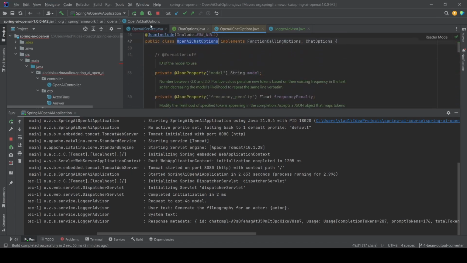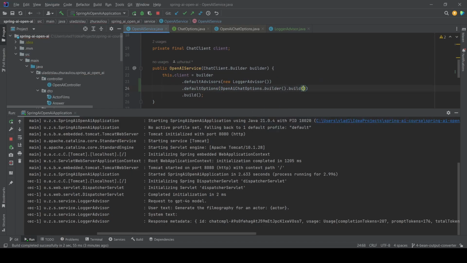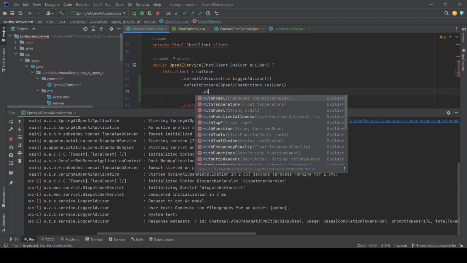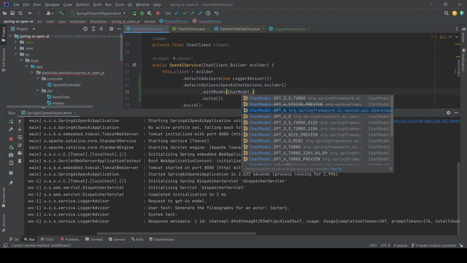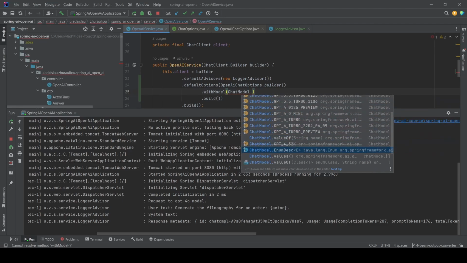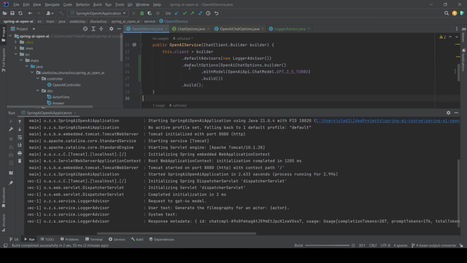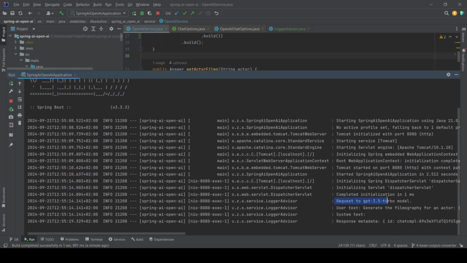So I'm going to use OpenAiChatOptions.builder().build() and put here withModel. I can choose it from ChatModel, and you can see here the list of available models. Let's say 3.5 turbo, and rerun the application. Now send the request, and you can see that the request is sent to the GPT 3.5 turbo model,